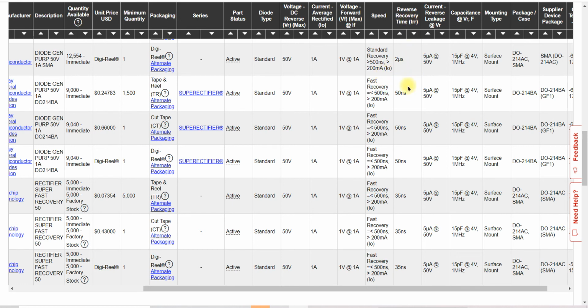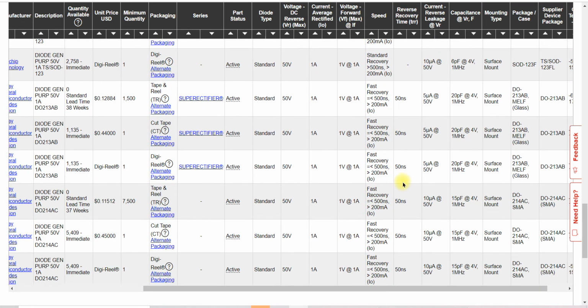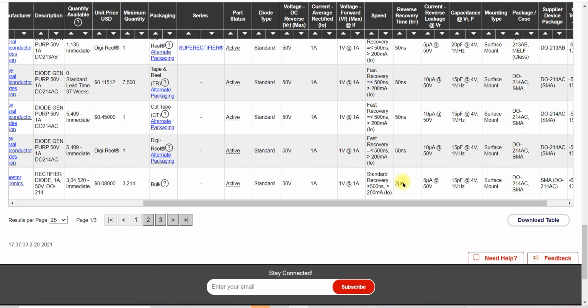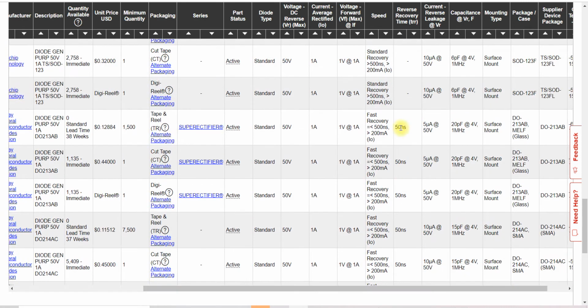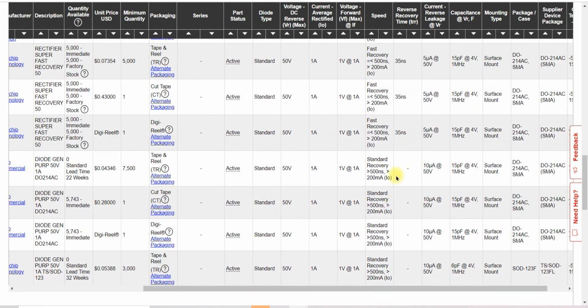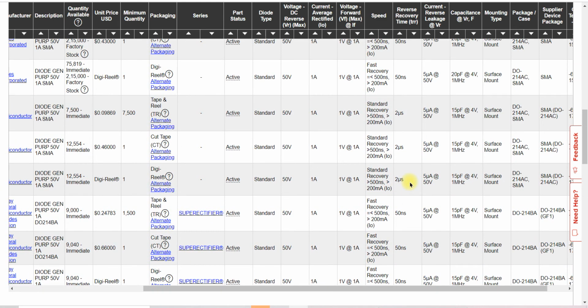And reverse recovery time, this is 2 microsecond to 15 nanosecond. It depends on the brand and diode, especially on the manufacturer. Someone has 50 nanosecond, someone has 35 nanosecond, and 2 microsecond.